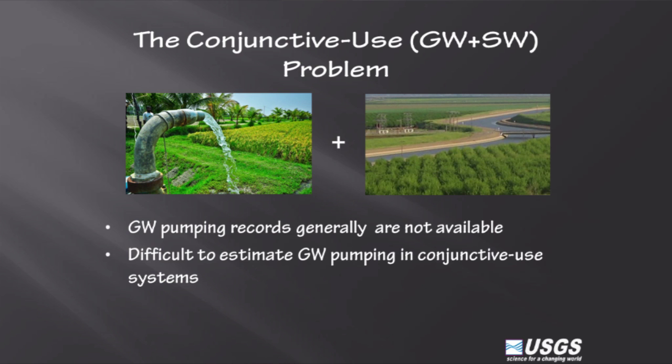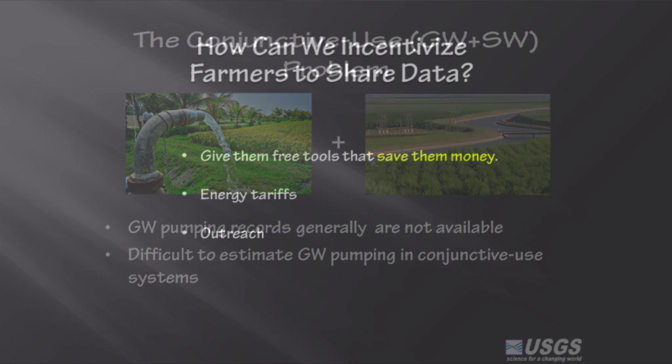Then, of course, this is another aspect of the data limitations that we have, is that we don't know how much groundwater they're using versus surface water. And this is a very big problem, because we can't project how much groundwater availability is going to be, and we don't know how the aquifers are recovering during drought periods when we move into a wet period, because we don't know how much they're pumping. And so we really need to implement the technology so that we can provide information about groundwater pumping.